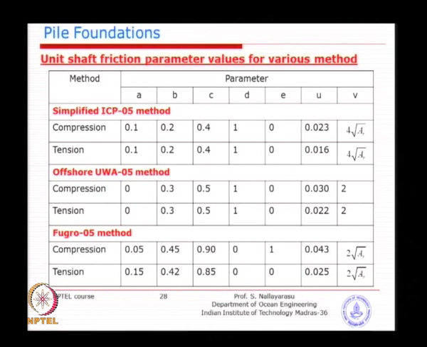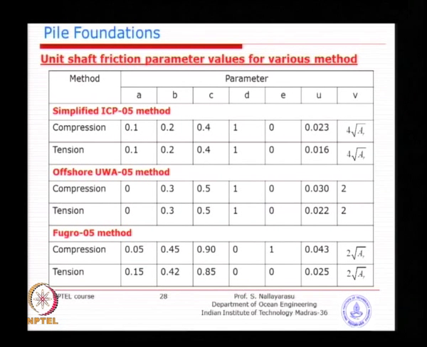for different methods. You can adapt them by various locations, like simplified ICP or the UWA approach, or Fugro, which is a private company but has been involved in soil investigation for almost 5 decades in various parts of the globe. They have established offices, so they have a larger experience than anybody else, in fact. That is why they have proposed this particular method based on the results they have got. They have plenty of data from laboratory tests as well as field tests, so they have enough information to propose something like this.